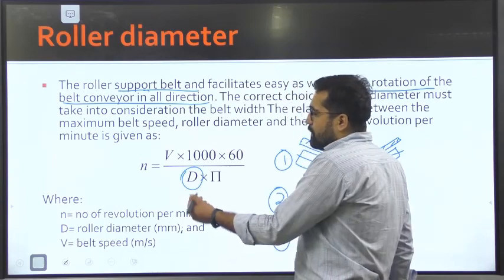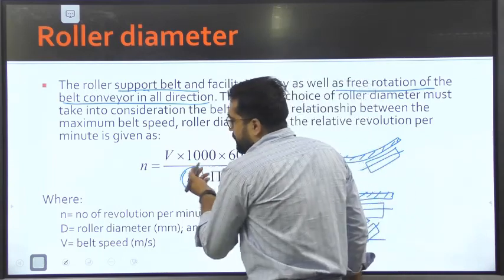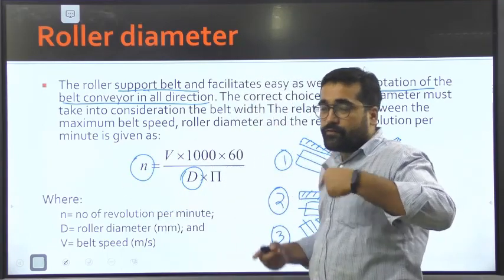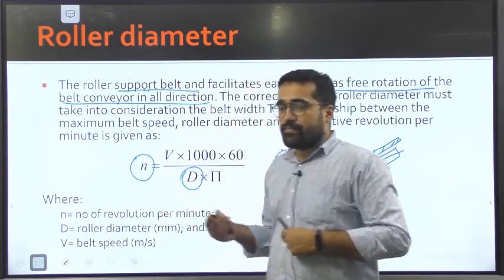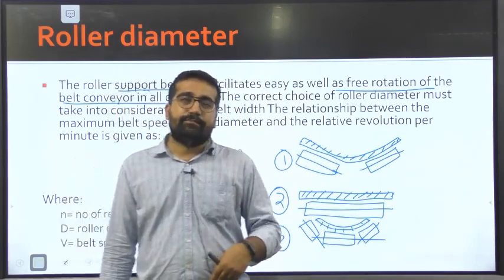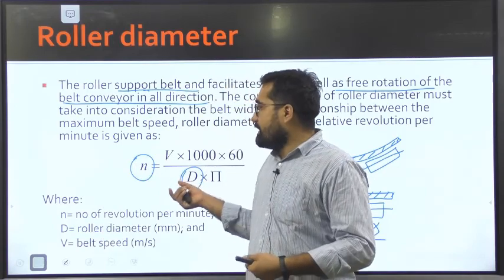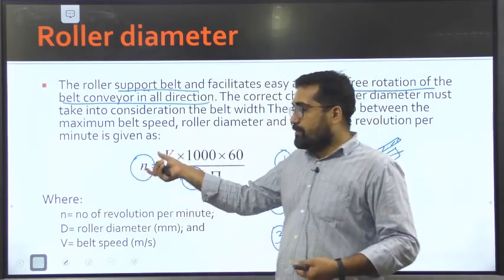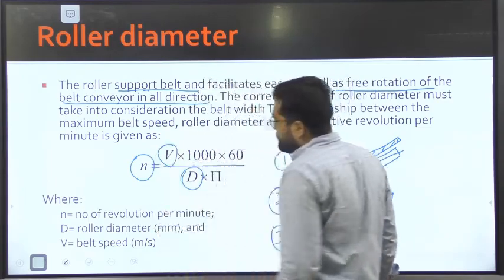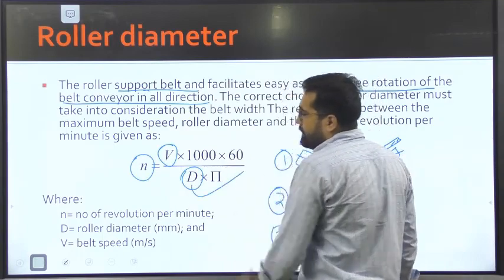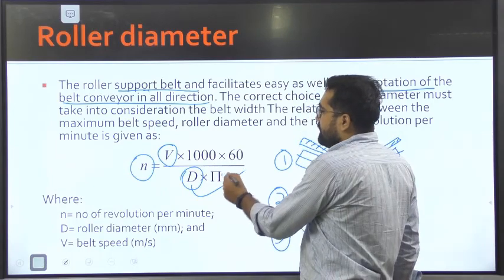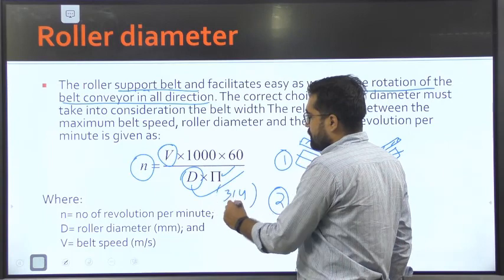So the formula for roller diameter is this, but this is the formula for number of revolutions per minute of the motor. How many revolutions are we getting at the rollers? Suppose we are taking a motor and, with the help of a pulley, we are reducing the RPM of that roller. So at the roller end we will find out what the number of rotations of the rollers should be. Once we get that number, we already know the belt speed, and from that formula we will find out what the diameter of the roller should be. Clear? This pi is 3.14 or 22/7.